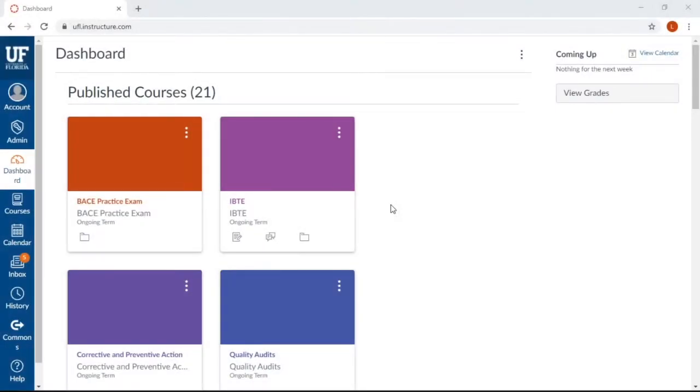After logging in, users will see their dashboard, which contains a tile for each course that they are enrolled in. Before we continue into the BASE Practice Exam course, it's worth noting that UF eLearning is a Canvas-based LMS. Users who are familiar with Canvas will be familiar with the features demonstrated here. If you want more information concerning Canvas basics, they have an excellent community resource website that provides instruction on controlling notifications, files, modules, assignments, and other features available in the BASE Practice Exam course.